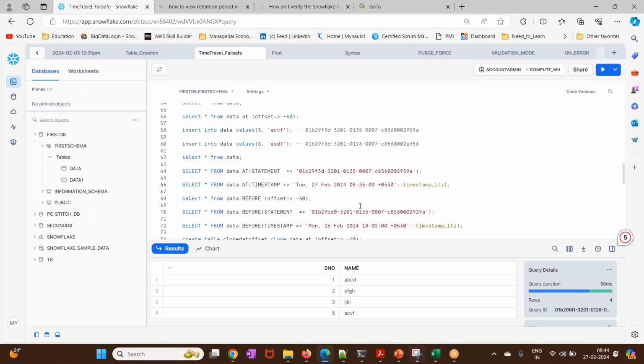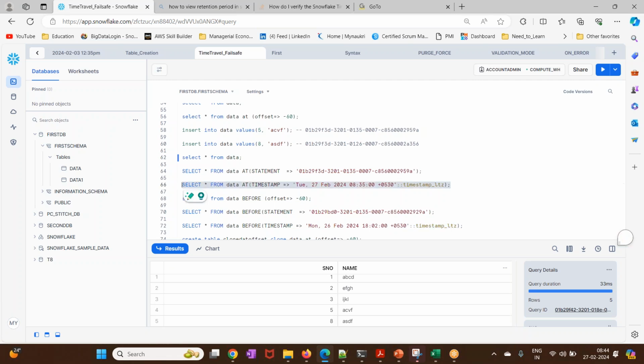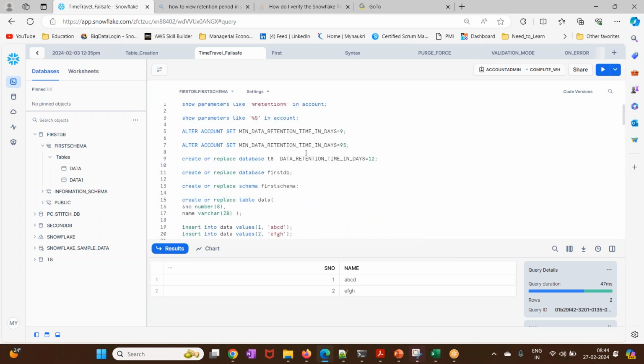I'm trying to retrieve the data. Now we have 5 records. Now let us see how our data is present at 8:35 in this particular table. We have only 2 records. Earlier, we inserted only 2 records at that 8:35